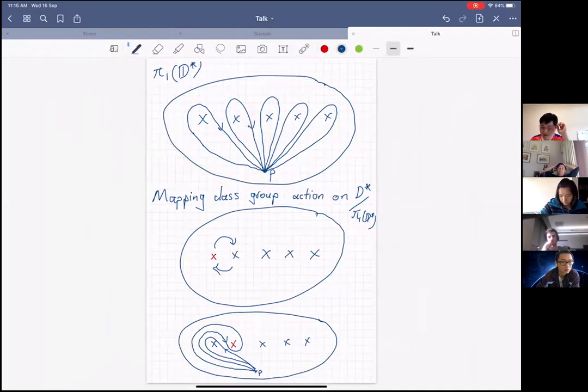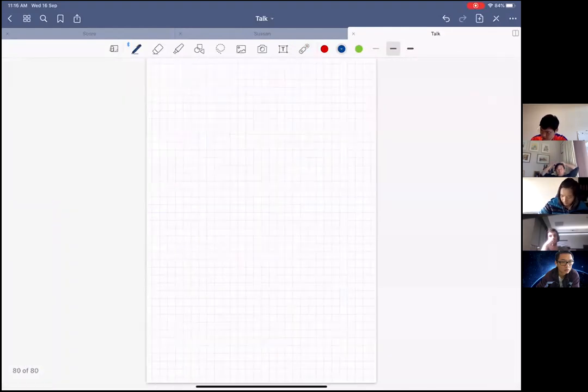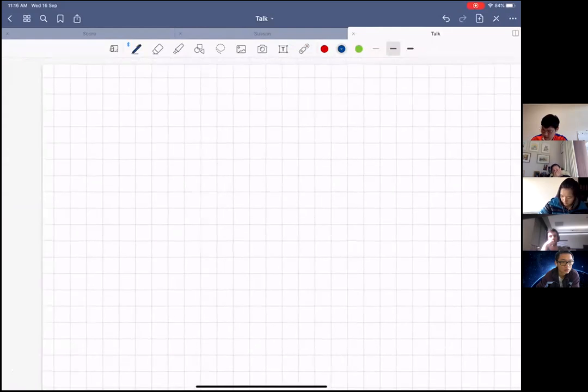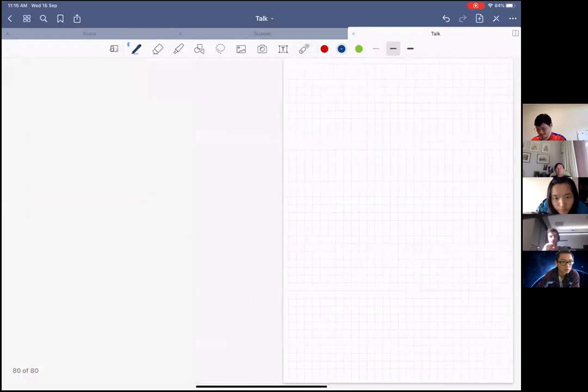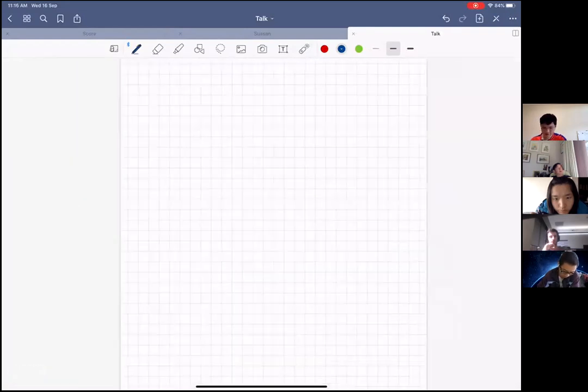Okay, but you can note that actually you can express this path here using these two paths. This is a bit of algebraic topology. So this is the mapping class group. Okay, so any questions on this mapping class group stuff? Quite a brief intro. If not, then we go to this